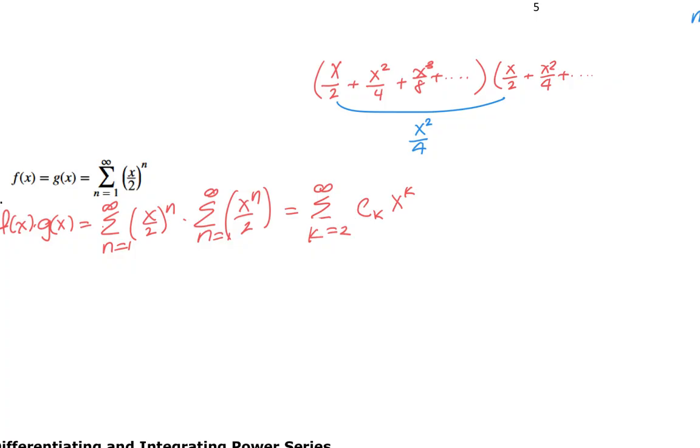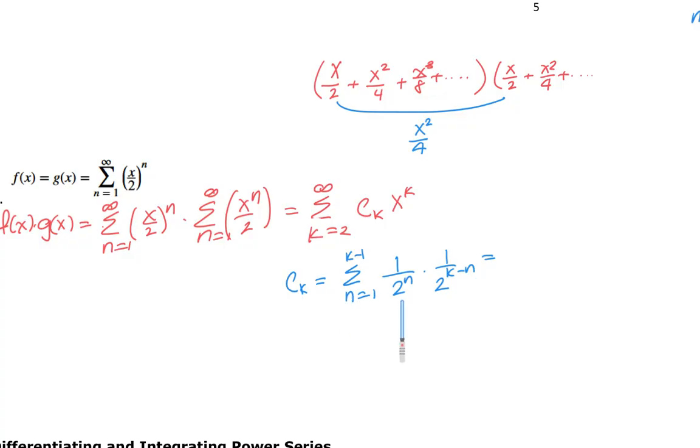Now, focusing on c sub k. C sub k is going to be the summation of n equals 1 to k minus 1 of 1 over 2 to the n multiplied by 1 over 2 to the k minus n. Now, if you're wondering why I have 1 over 2 to the n multiplied by 1 over 2 to the k minus n,